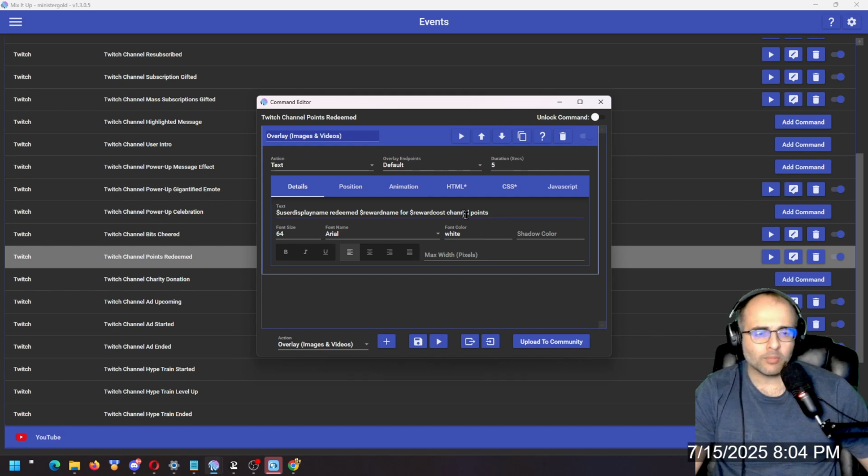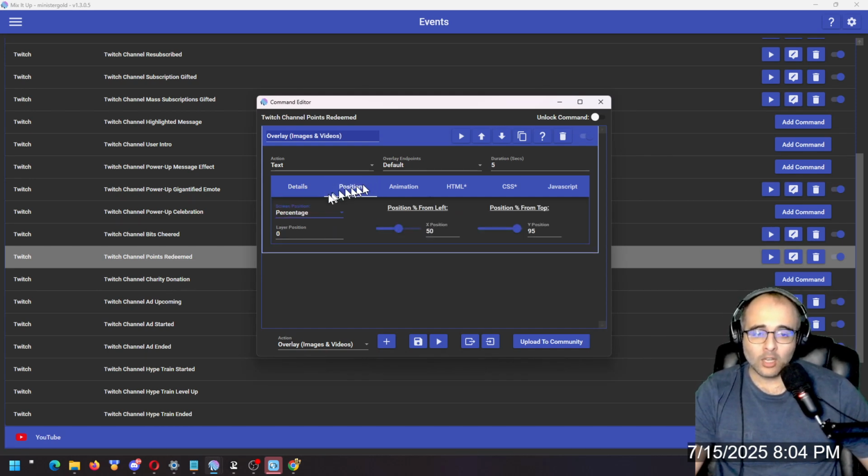Also for the positioning, it's up to you where you want to put it, but where I put it was I have the position type set to percentage, I have the X position set to 50, and the Y position set to 95. And then as far as the CSS,